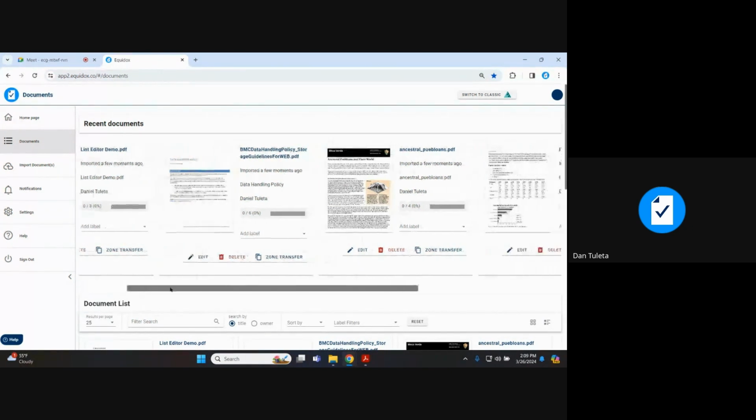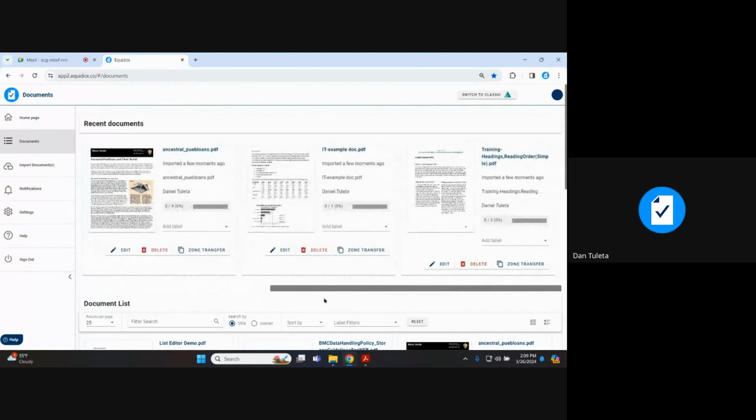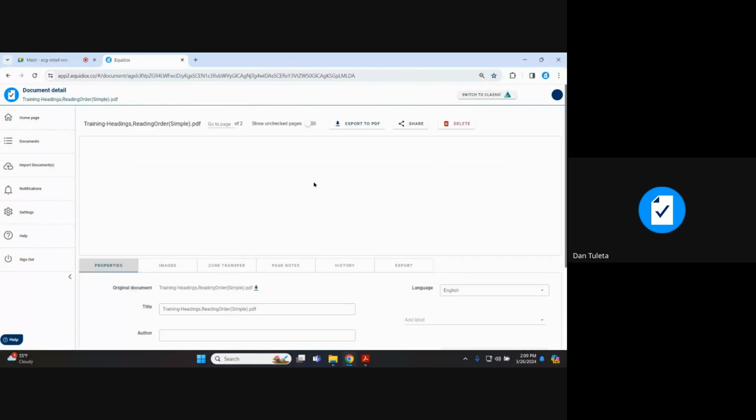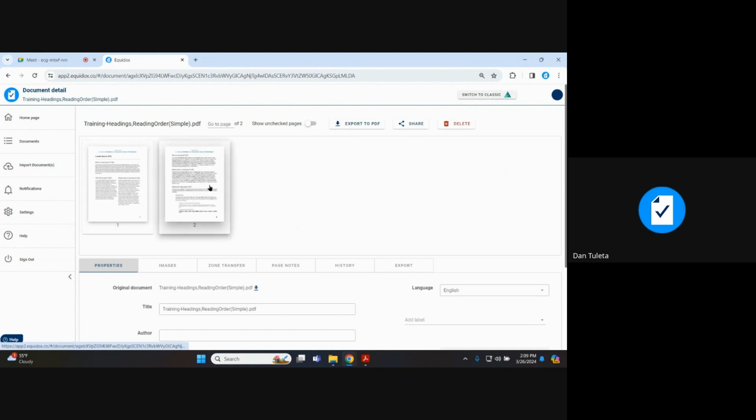So now that I've got these documents in here and we're ready to get started with some remediation, what I'll do is I'll click on the thumbnail here for this document. This is a very simple document on its face. I promise it takes me about 30 seconds at the most to remediate it using Equidox, but there's a lot